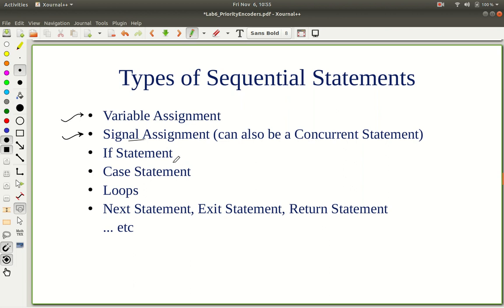A process can also contain if else then type of statements, case statements, loop statements. So these are very similar to the same constructs in a language such as C. So we will just be seeing one of these examples, the if statement. We will not be going over all of these in this lab, but we will incrementally go over these other types of statements in the future labs. We will be using the process construct more and more for describing sequential circuits, which we will see in the later part of the course.